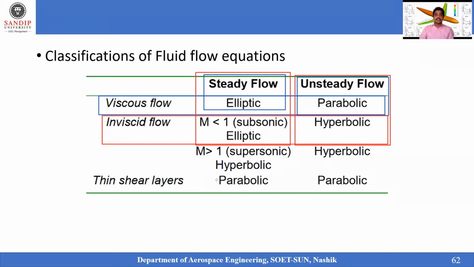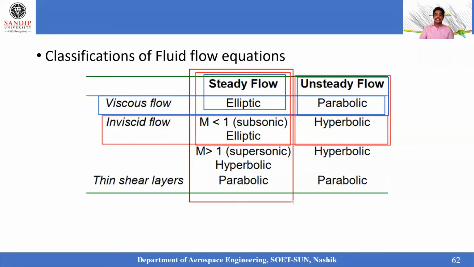Now talking about the other one, let me take one more color in this. When you are talking about thin shear layers, I'm addressing a problem where thin shear layers come into that particular fluid flow. If it is supersonic, that will be addressed with the hyperbolic and parabolic equation. If it is an unsteady case, in that case also it is addressed with a hyperbolic and parabolic equation, where the thin shear layers are available. That means where the shock wave is available on the boundary, that needs to be addressed with the parabolic and hyperbolic equations. Where it is less than 1, that is subsonic.